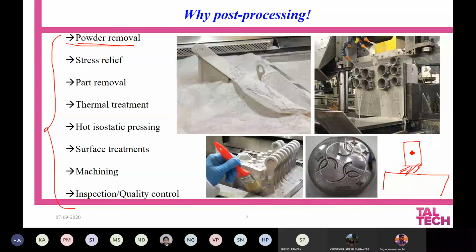So in order to reduce the brittleness of the material, you have to go for an operation called stress relief operation, where the internal stresses that are developed during the production are relaxed.